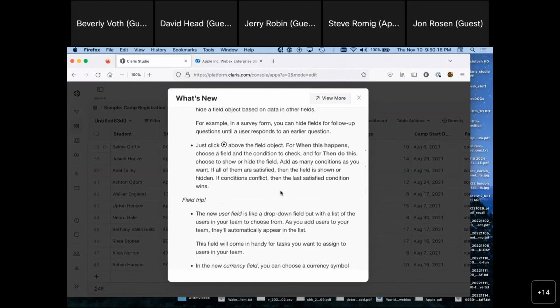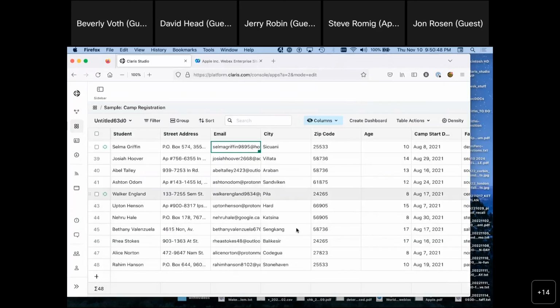And I think you said that once, Steve, that the documentation people are looking for isn't going to be there because they're changing it too fast. Well, yeah, I don't want to elaborate on that too much, but it is challenging, right? If we come up with a new version of Claris Studio every 2 or 3 weeks, it makes it tough to come up with documentation for it. Should we have documentation for it? 100%, absolutely, we should. But if it's going to be obsolete in 2 or 3 weeks, it's challenging. So